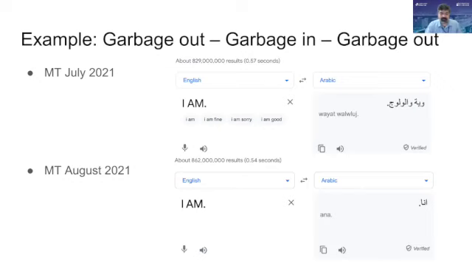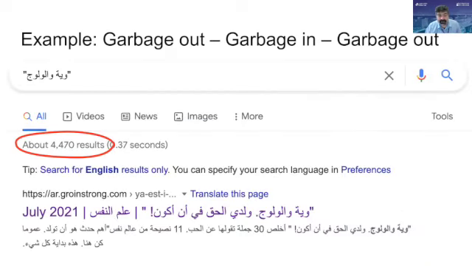Now, the interesting thing, you'd say, okay, good, alhamdulillah, August 21 the problem is gone, except when you search for it quoted, you find there's 4,470 instances of this actually existing. Well, how could that be? What happens is people use Google Translate to translate text. When they translate, garbage in, garbage out becomes the garbage in that the system says, oh, I have parallel data, look at me, I'm going to use it to generate more examples. Right? So this Wayo wal Wuluj will be here for some time until it fades out of existence, but it will still be there in essence, right?